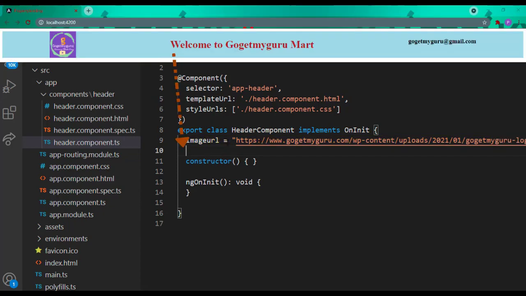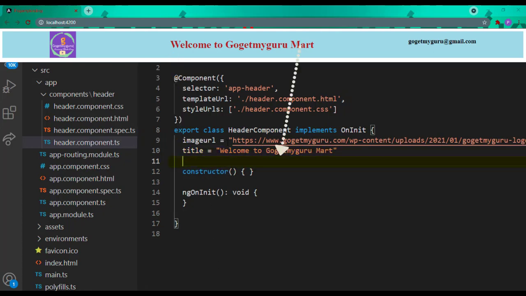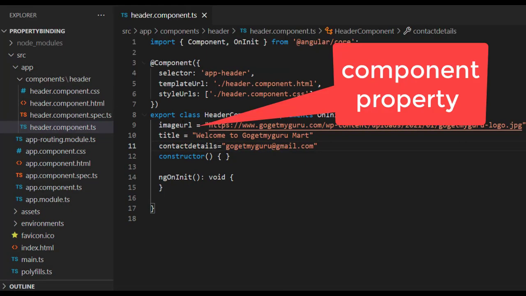Then to display the title as GoGetMyGuru Mart, I'll write title equal to, in double quotes, welcome to GoGetMyGuru Mart. Next to display contact details, I'll write contactDetails equal to, in double quotes, gogetmyguru@gmail.com. imageURL, title and contactDetails, these are the component's properties.